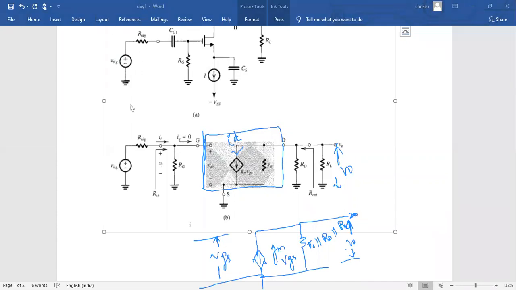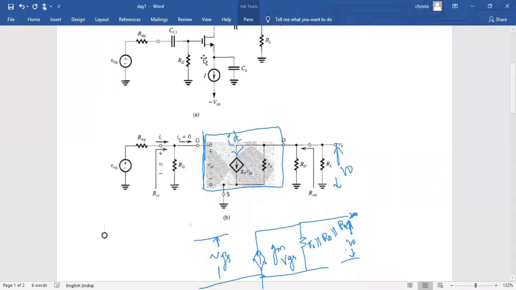Now, current source in parallel with the resistance. So what can we do? Convert it into a voltage source. A voltage source in series with the resistance, then it becomes an open circuit. This can be replaced by a voltage source like this, plus and minus, in series with the resistance. Within this point only we are going to find the V naught output voltage. This is I multiplied by R, which becomes voltage.